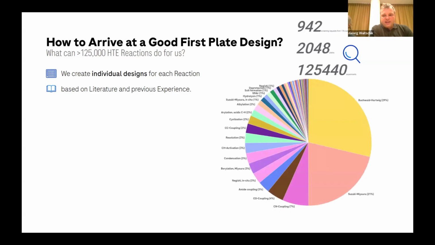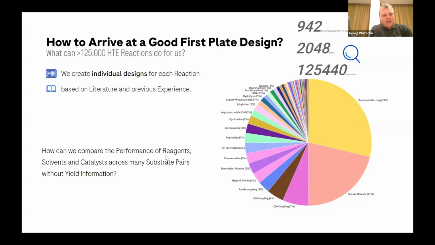And you can see here, this pie chart shows you our landscape. Buchwald, Hartwig, and Suzukis really dominate the landscape still, but we have a long, long tail of reactions, of things that people want to screen with us. And so ideally the method should not only apply for Buchwald, Hartwig, and Suzuki, so basically machine learning here, where you need lots and lots of examples, but ideally it should also help us design plates for things that are not so common. And so we were looking for something that can